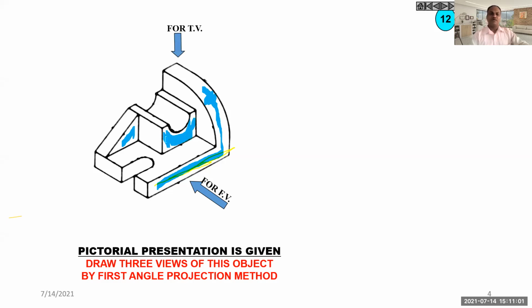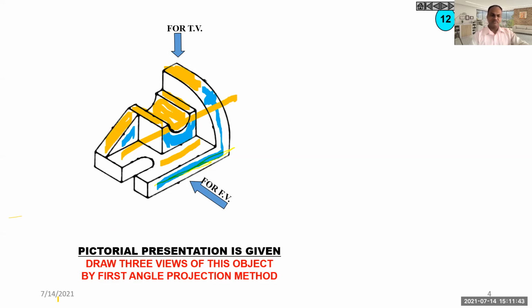In case of top view, what will happen? I'll change the color of the highlighter. We can see this portion, this rectangular portion, this rectangular portion, and here is one good thing: though this is a semicircular portion, in case of top view it will be seen like a rectangle only. So it will be seen as a rectangle, and this one, this one, and this one. So those portions will come into your top view.